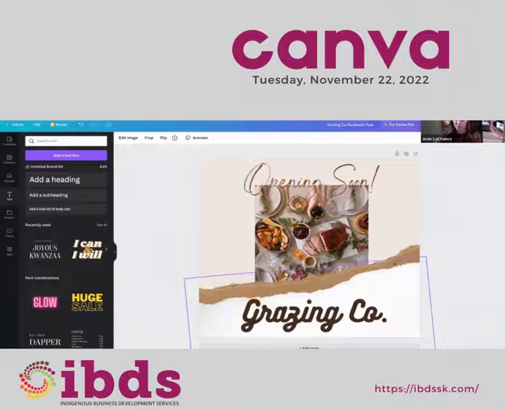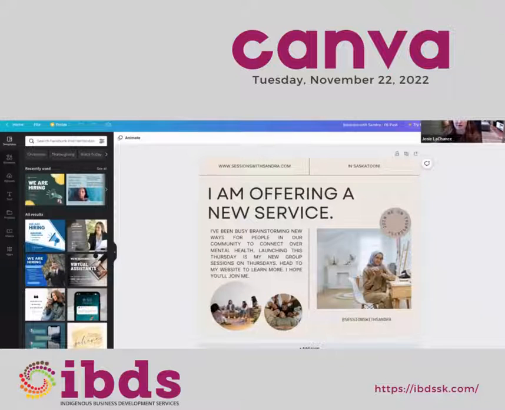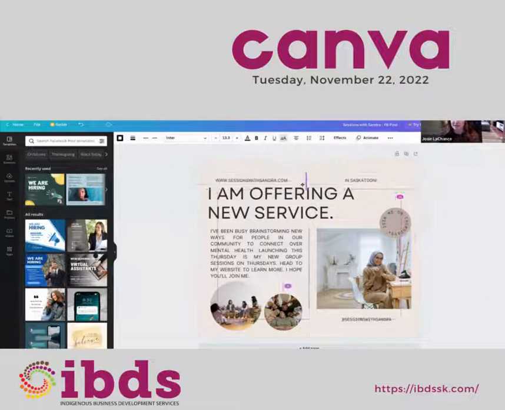So that's something very helpful if you have a lot of moving parts. I'll show you here, for example, if we go back to the sessions with Sandra, you can click on the lines that I've got in place here and all of these, and I can group them together. That way, no matter what I'm doing, this will always stay together and it'll move as one.